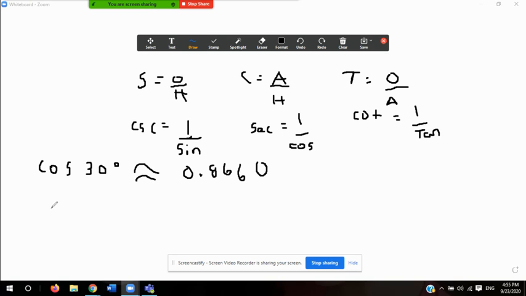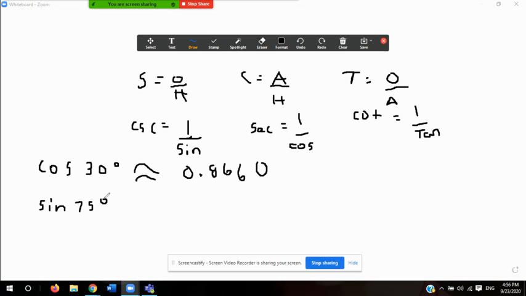Now let's say we have to look for the sine of 75, which is our other problem. So we have the sine of 75, and the sine of 75 degrees, we're going to look for that in our calculator as well. And we're going to say the sine of 75 degrees, and that would be approximately, if we get the exact value,